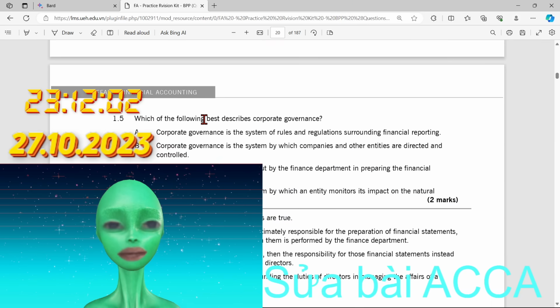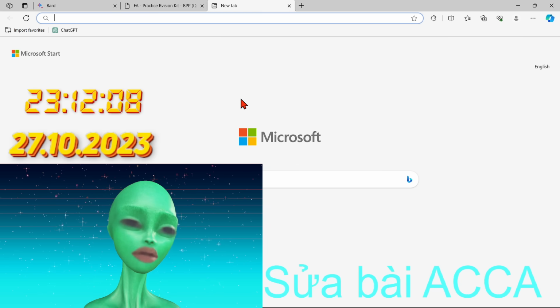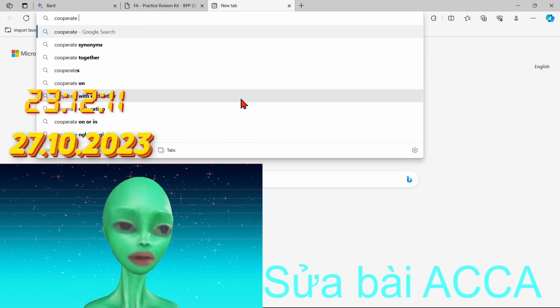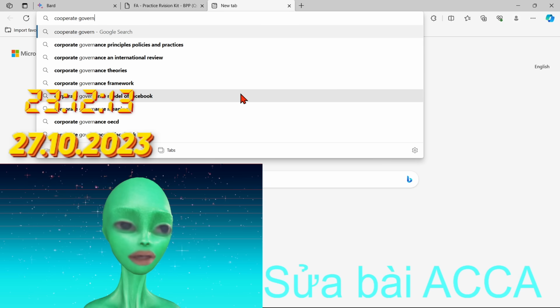Which of the following best describes corporate governance? So, corporate governance